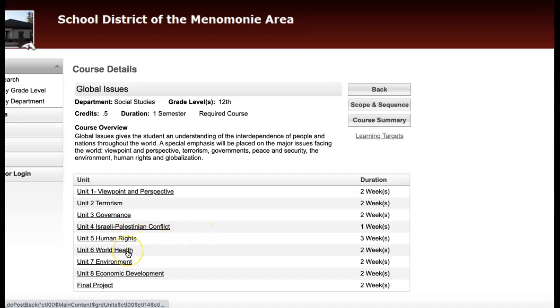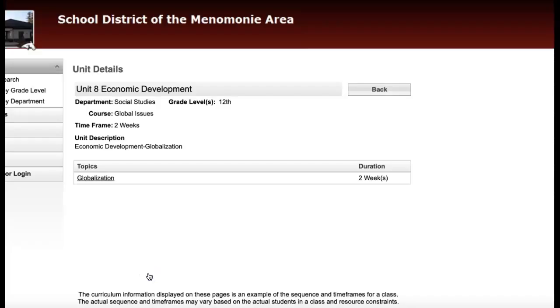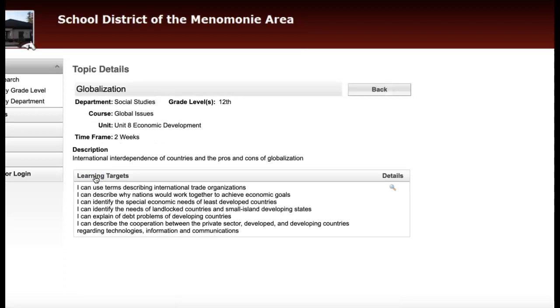Yes, okay, world health, alrighty. Economic development, that's a big thing. Okay, so 2 weeks on globalization, all right. And those are your learning targets you need to get students to. So they need to show that they can use terms describing international trade organizations,